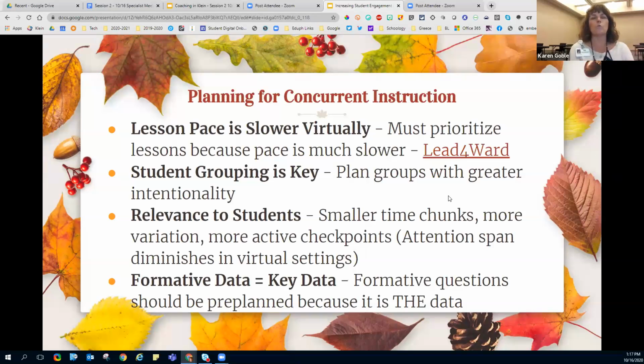So we've got to work in smaller time chunks, okay? More variation, switching. Don't plan a Zoom where you're going to lecture and talk for long periods of time, because they're just not going to get it. Another thing, and I'll come back to that one. And then making sure the formative data that you're gathering, because this is the data you're getting, you're going to have to make sure you're intentional about what you're going to use to grab that formative assessment so you know